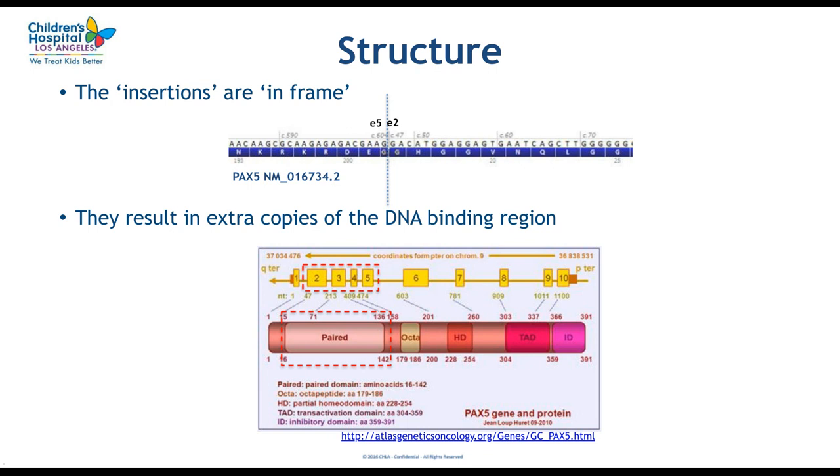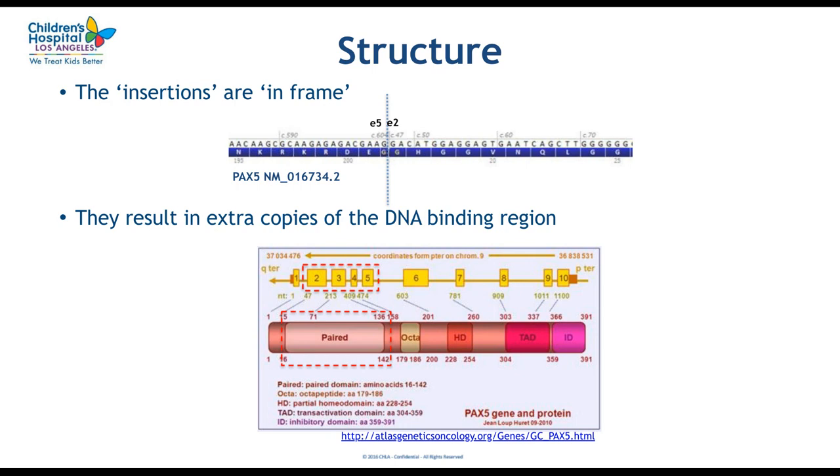And these exons exactly code for the DNA binding paired domain of PAX5. So you would expect to get a protein that has extra copies of the DNA binding paired domain, and that obviously is expected to change downstream regulation of PAX5 target genes, because this is a transcription factor very important for